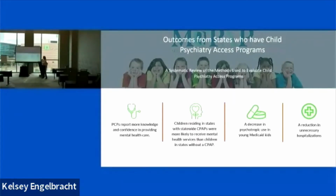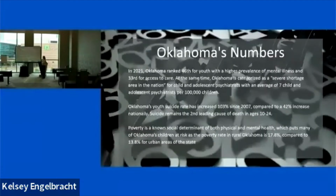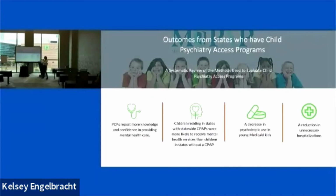So PMHCAs is Pediatric Mental Health Care Access Program. That's what HRSA called them. So HRSA, Health Resources and Services Administration, saw this effort across the United States and said, we really would like to support this. And they received federal funding, which I thought